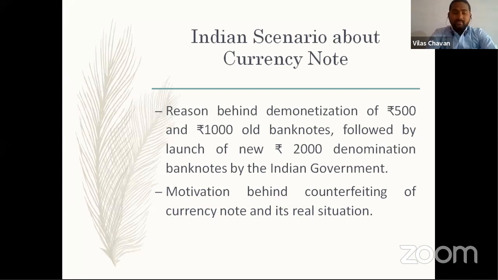has various new designs. Then there are some geometric patterns with the overall color scheme both at the obverse as well as the reverse side. So as far as the motivation behind counterfeiting of currency notes and its real situation is concerned, as soon as this new high denomination currency of India, that is denominations of 2000 and 500, were launched in the market, it has become the prime target of counterfeiters and smugglers to forge the banknote due to Western interest and to destabilize the economy.